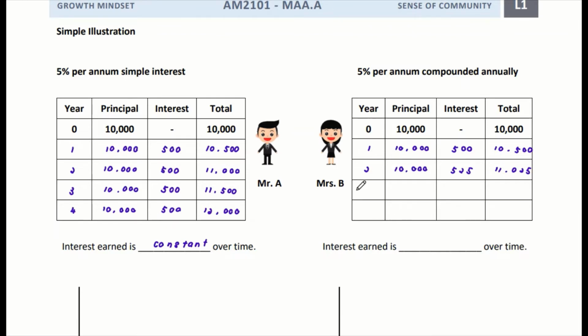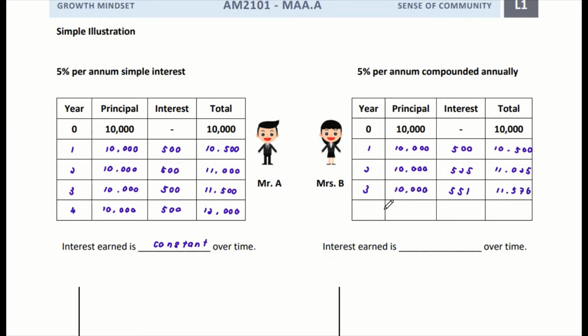So now again, moving forward to the third year. The principal is not changed as well, so Mrs. B didn't add in any money. But the interest generated here is going to be on the principal plus the accumulated interest, which is the total amount here. So it will become $11,025 multiplied by 0.05, and from that you'll get 551. So you realize that this number becomes bigger and bigger because the amount that you are calculating your interest on is getting larger and larger as well. So this amount plus this amount gives you the total amount in the account, which is